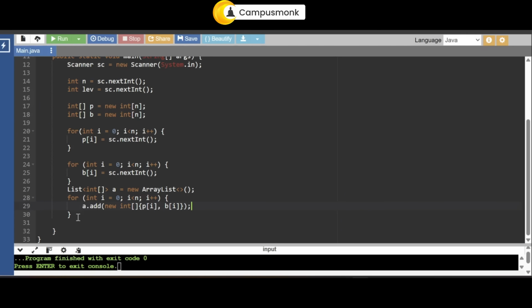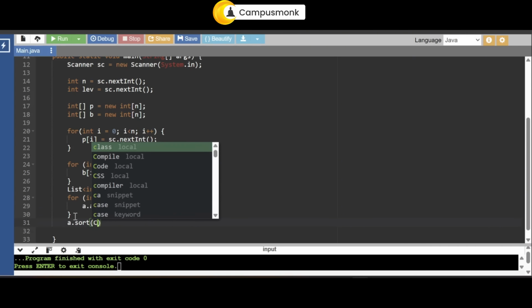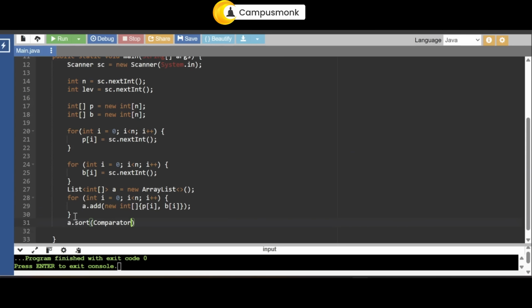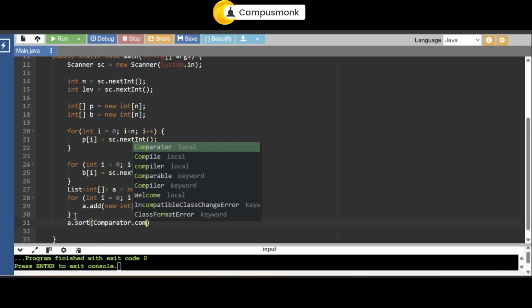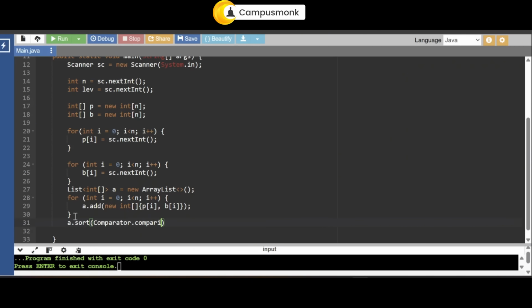Perfect. Okay. Now, once you're out of this loop, what are you supposed to do? You're supposed to sort it, right? It should be in a sorted order. So I'm just going to use a thing called a comparator. If you want to really write it in a different way, you can do it. I am not going to stop you from doing that, but this is a direct function that I'm just going to use here, okay? So this is going to do this,